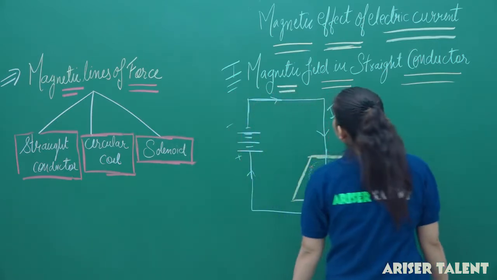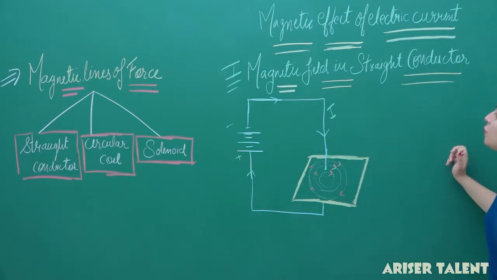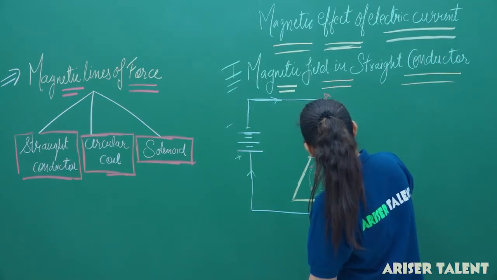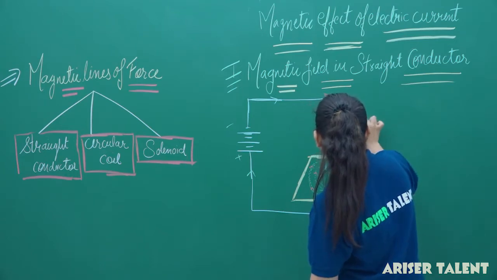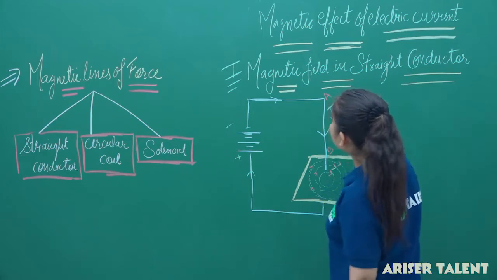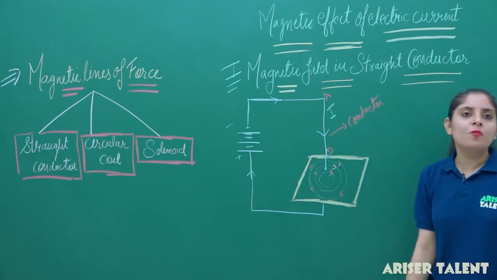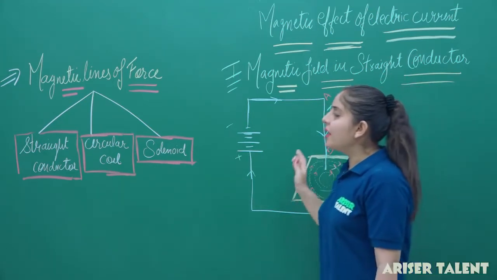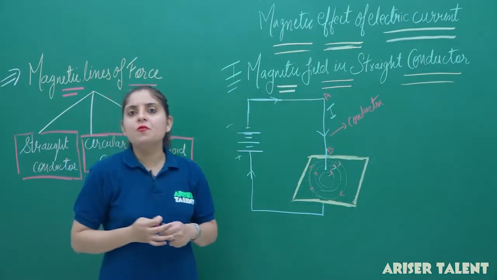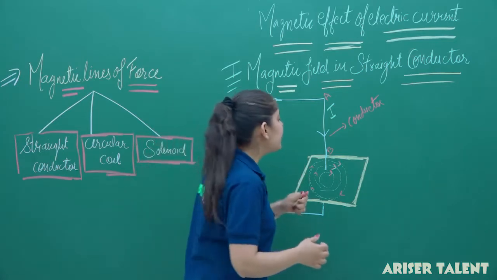Now, this is the magnetic field I am obtaining in the case of the straight conductor. What will happen in this case? Firstly, you have taken a straight conductor. Suppose I am naming it AB. This is our conductor. Now, if this conductor is connected with a battery, the current I will be flowing in this conductor. Then the magnetic lines of force we get due to the straight conductor will be